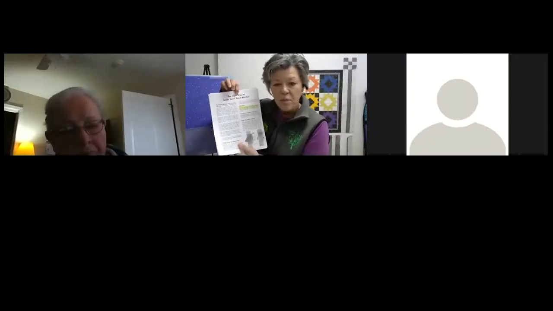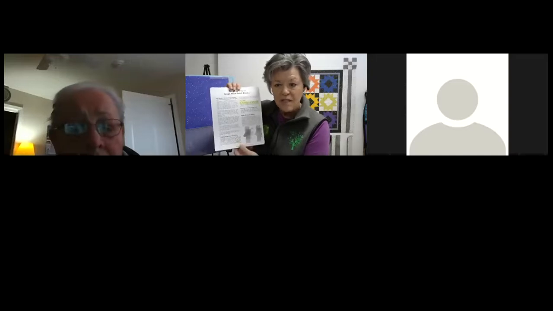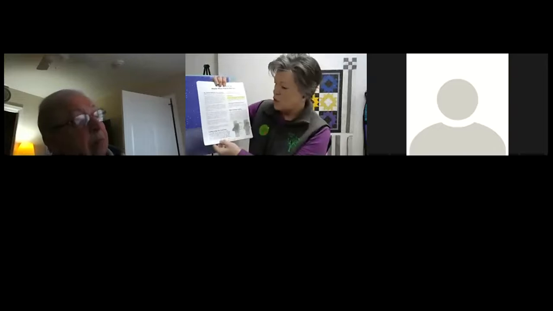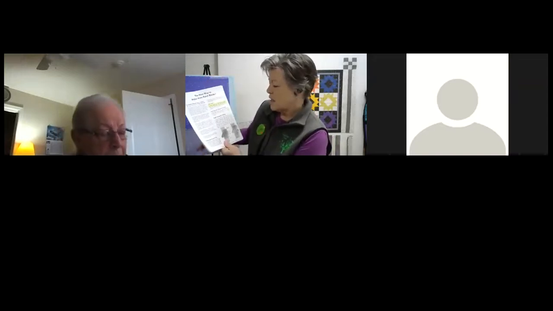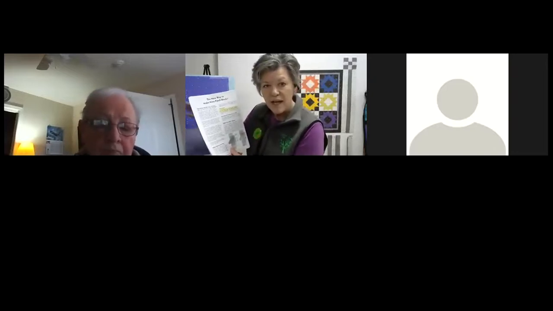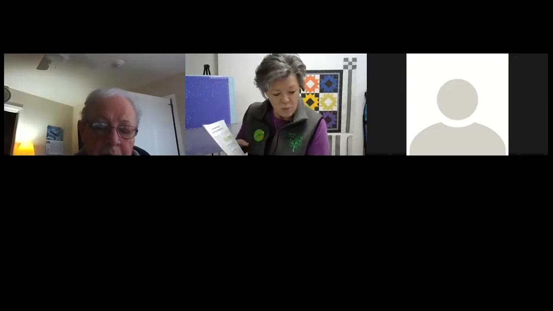Where I really want you to start paying attention and making notes for yourself is when you take a look at the part on page 2 that says think ahead. In this case, when she's telling you regarding your 9-patch blocks, you need to remember to think ahead. When you're cutting your fabric, she wants you to cut your equal size strips, which we'll review in a little bit. But when you think ahead and you put your 2 strips together with right sides together,